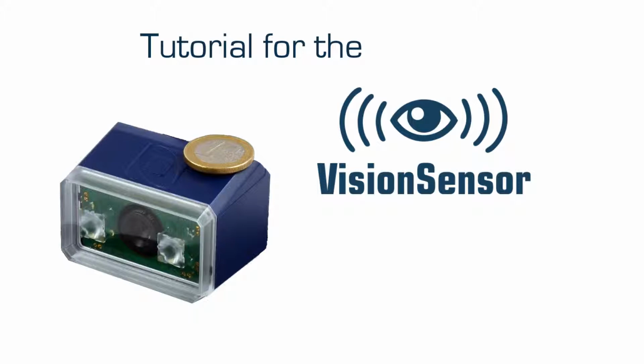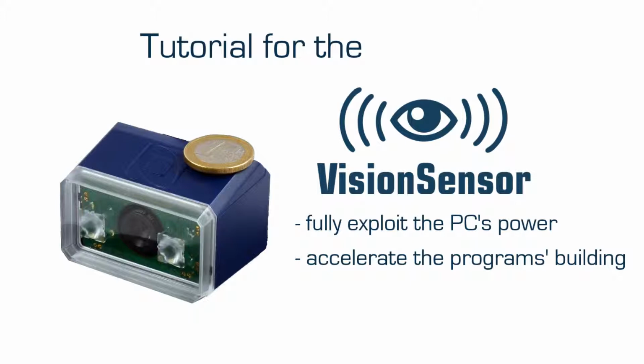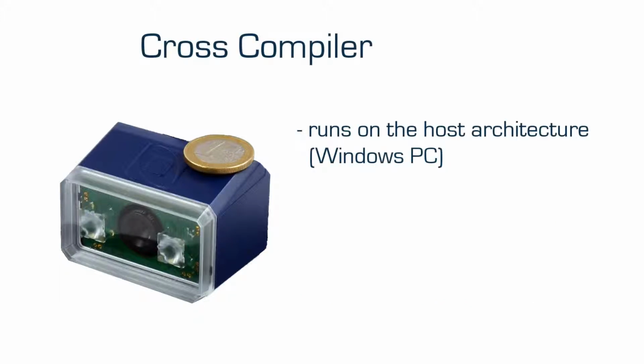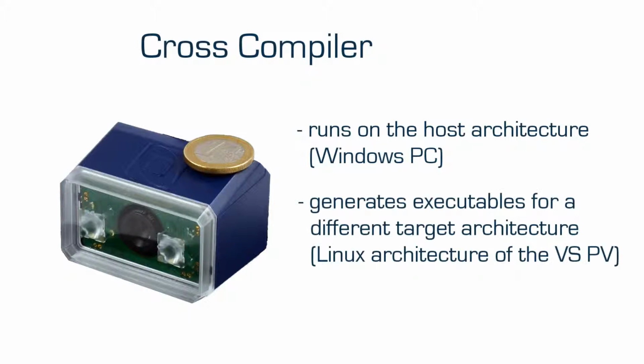In this tutorial, we will show how to fully exploit the computational power of the Windows-based PC to sensibly accelerate the program's building. In particular, we are going to generate executables for the VisionSensor PV locally on the PC, through the so-called cross-compilation process. For achieving this task, we need a cross-compiler which runs on the host architecture, in our case the Windows-based PC, and which generates executables for a different target architecture, the 32-bit ARM Linux-based architecture of the VisionSensor